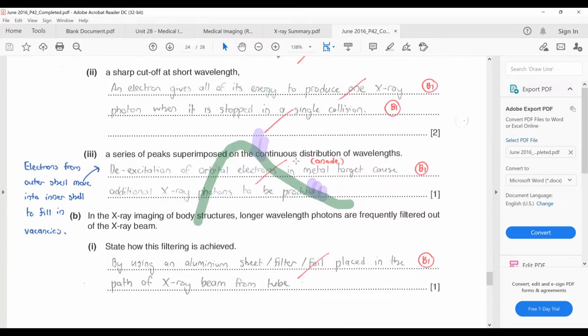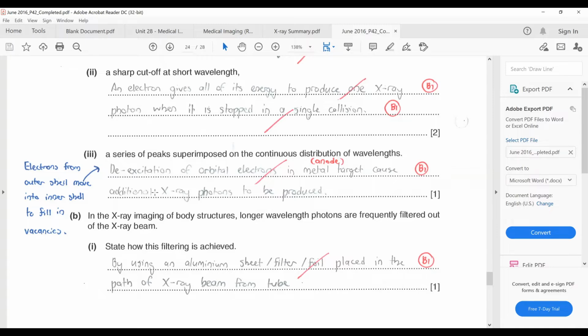So in simple terms, you can just explain it as this now. All right. This question didn't require you to explain it in detail. It's just worth 1 mark. So you say something about the excitation of orbital electrons in metal target cause additional X-ray photons to be produced. This one doesn't tell you the full story. It just tells you part of the story. The full story just now I explained. All right. So this part is okay. So this one you're fine. Then I can move on to part